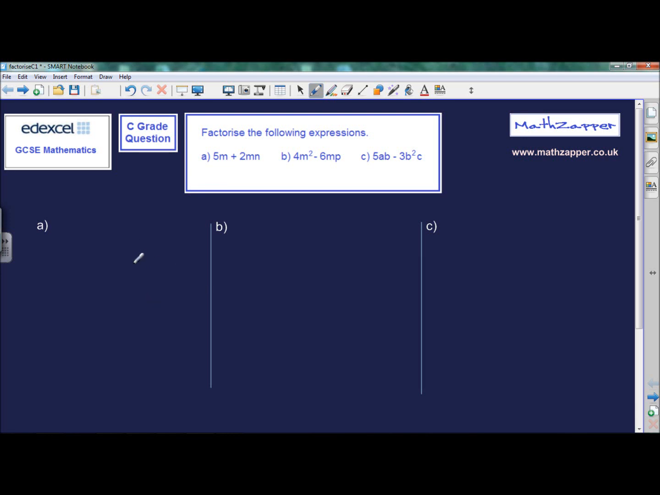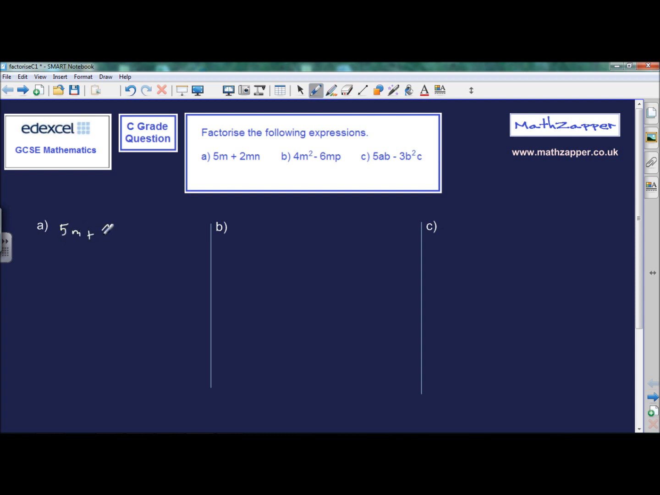At Excel GCSE Mathematics, this is an example of a C grade question. We're asked to factorise the following expressions: A, 5m plus 2mn, B, 4m squared minus 6mp, C, 5ab minus 3b squared c. So we'll start with A, which is 5m